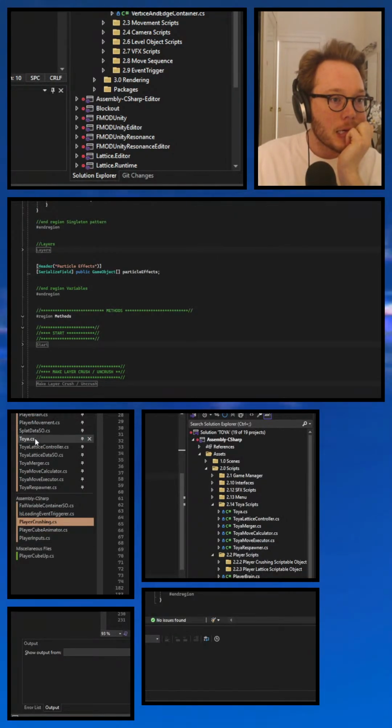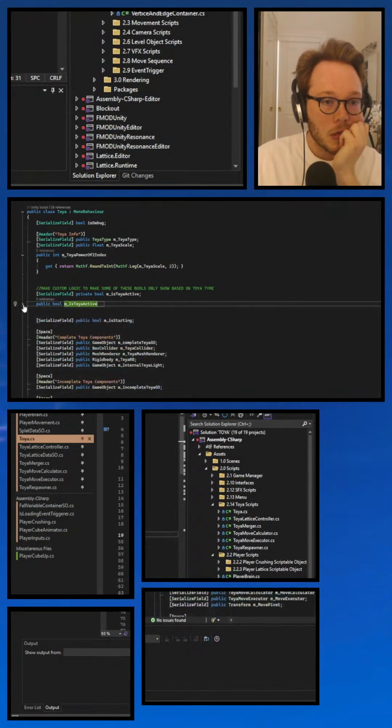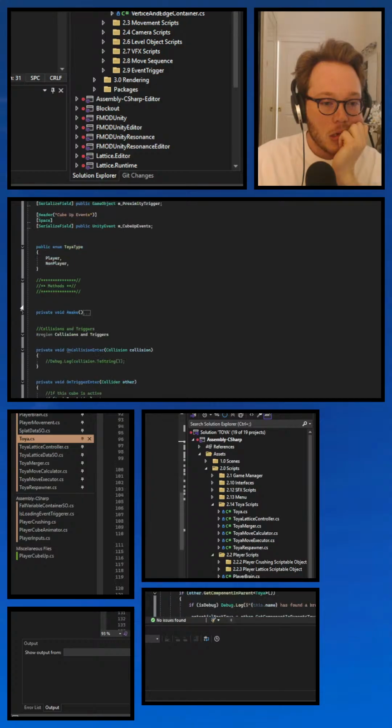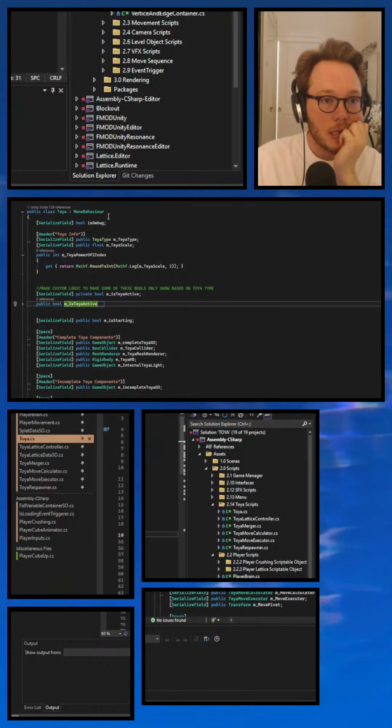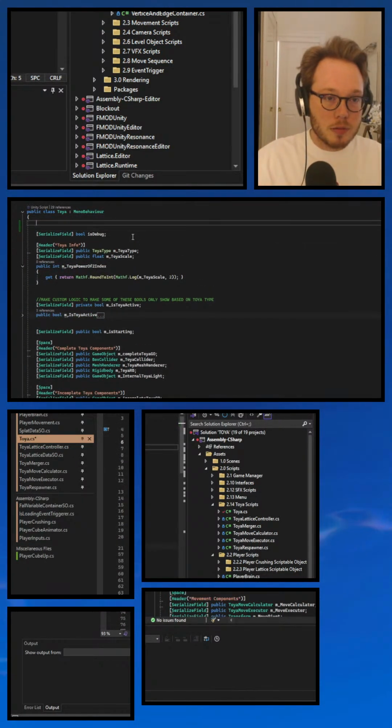I believe in my TOYA script I have... Well, firstly, I should have a variables region.